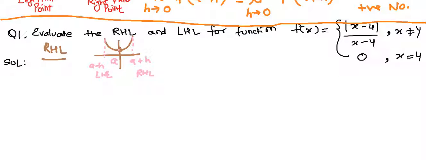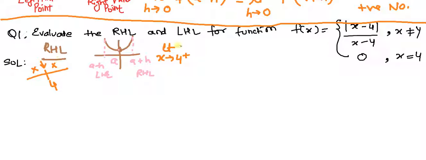How you calculate the right hand limit is very easy. For the right hand limit you'll first write the question that says limit x tends to 4 plus. Why the positive symbol? Because it's a right hand limit. You need to calculate exactly at 4. What does that mean? There are 3 cases here. Either you'll consider this region, that region, and exactly at 4. All the 3 points you need to prove. If all the 3 are equal, then definitely the limit exists.